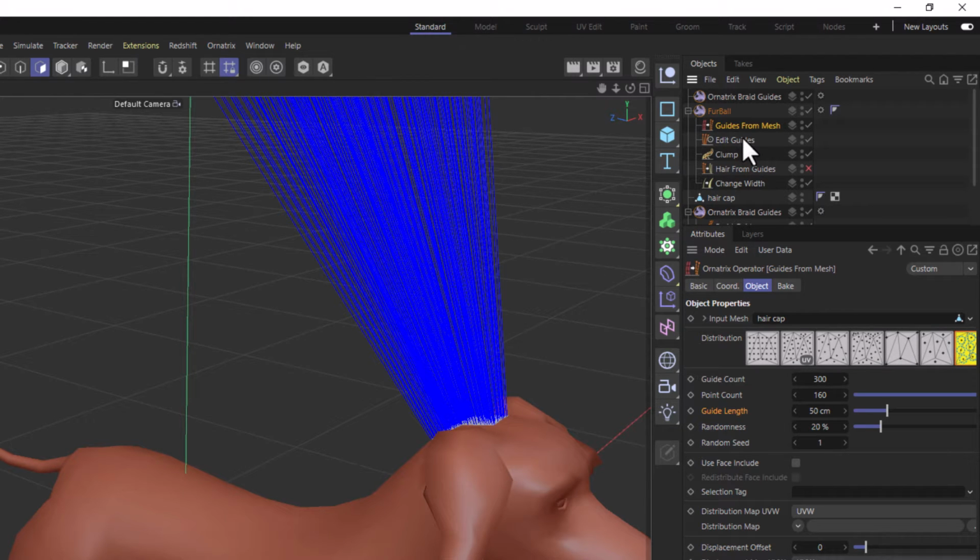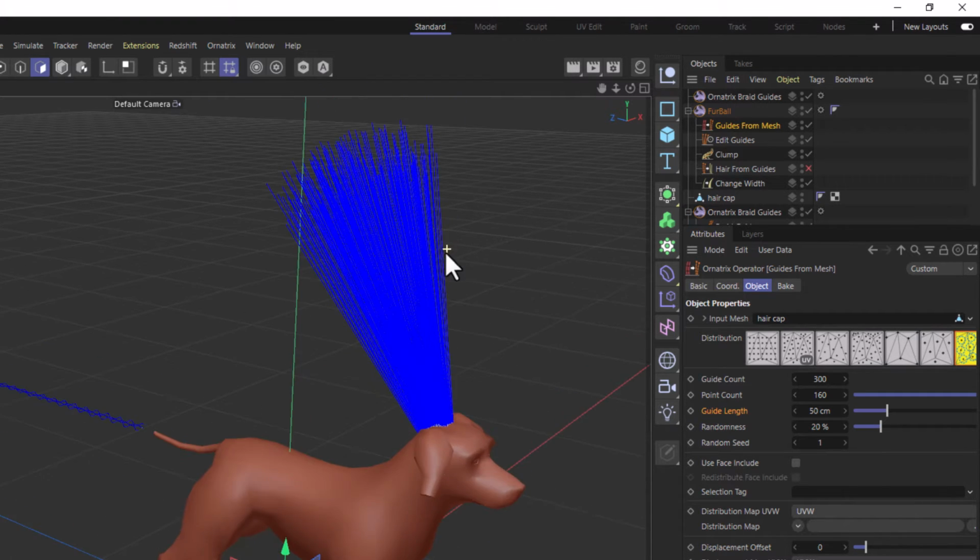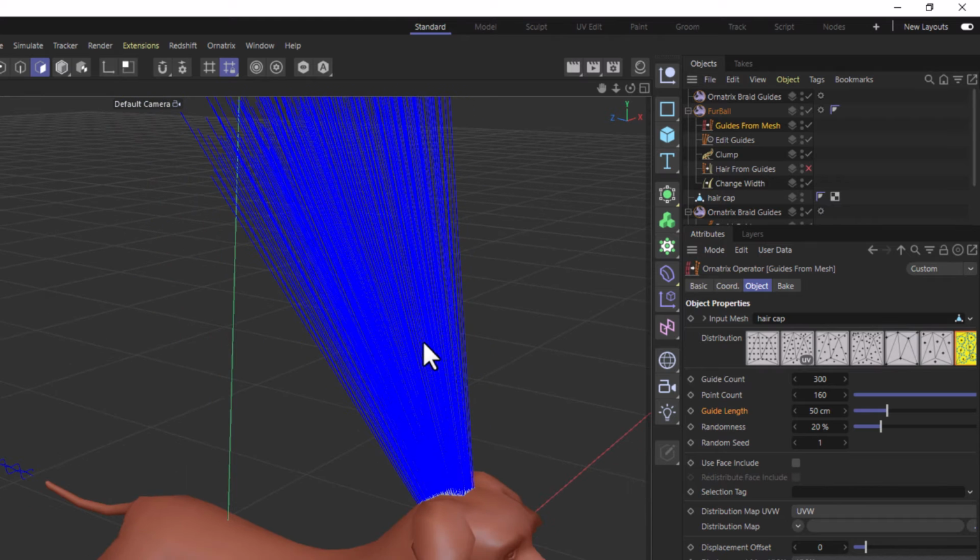I haven't really done anything special in here, just made sure that we've got enough point count. This is quite important for the braiding, because the braid is going to be using these strands to make the braid out of. And then what we do is we go straight down to adding the clump object from our operators,